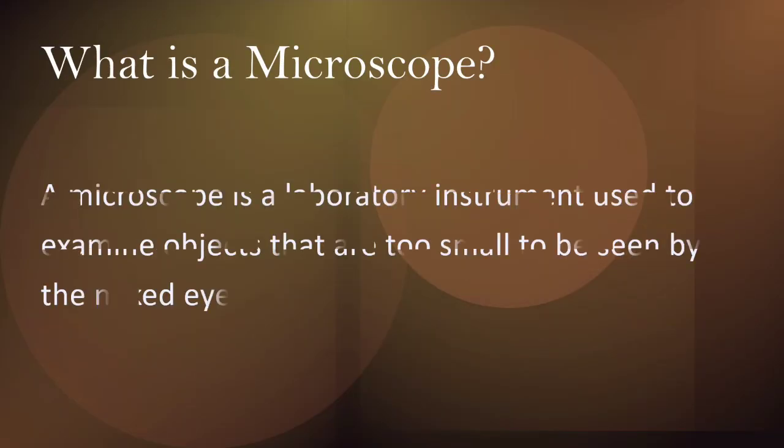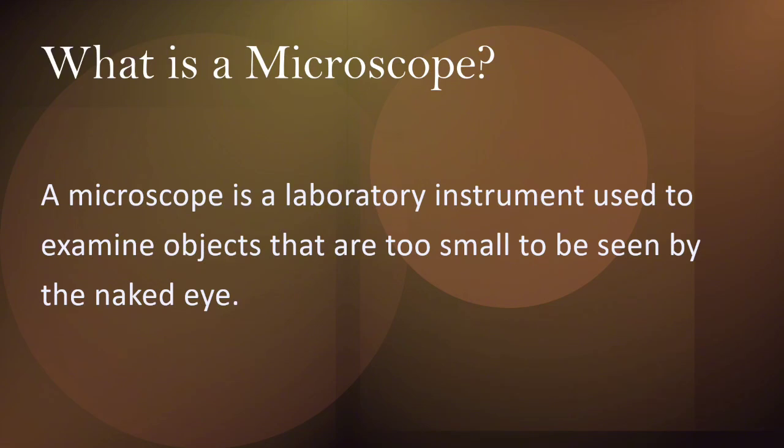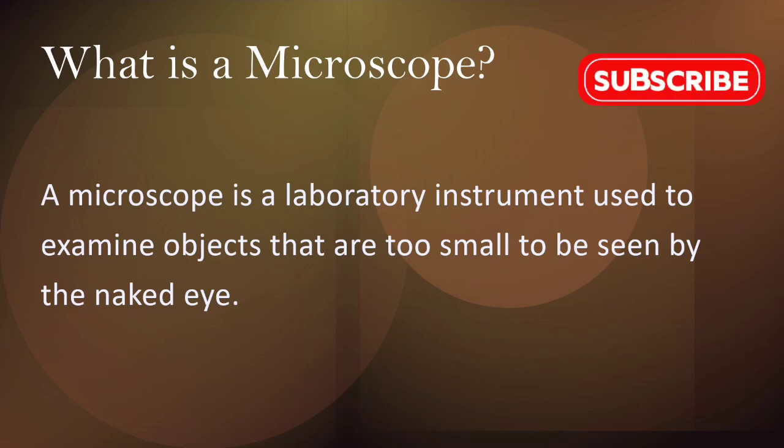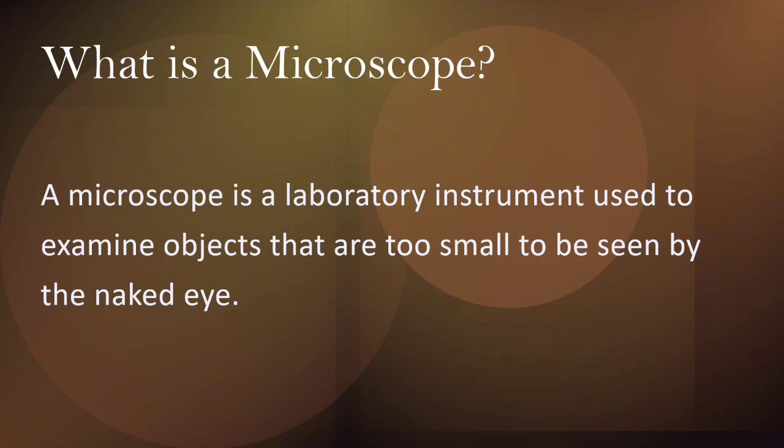First, what is a microscope? A microscope is a laboratory instrument used to examine objects that are too small to be seen by the naked eye. Now, there's a branch of biology called microbiology. This is a branch of biology that studies microorganisms. Have you ever wondered how microbiologists cope with microorganisms? The only instrument that helps microbiologists relate well with the microorganism